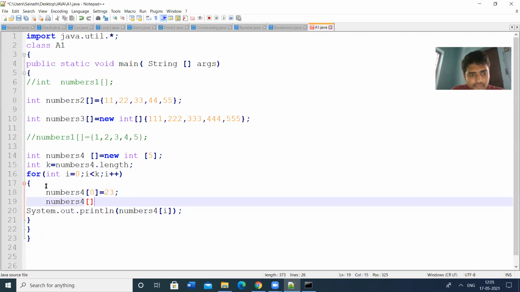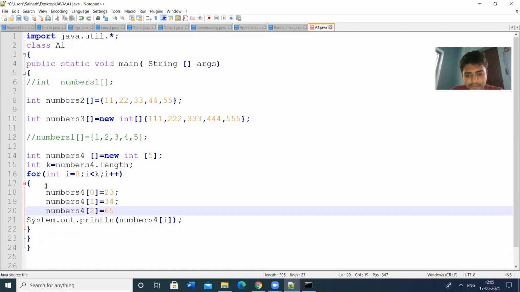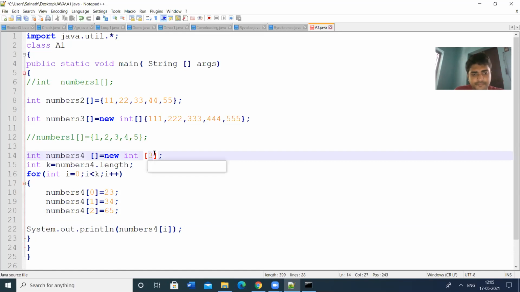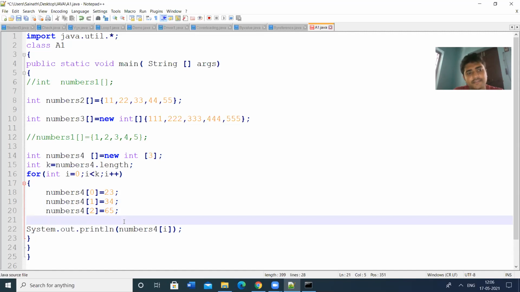Numbers 4 of 1, the second value, is 34. Numbers 4 of 2 is equal to 65. Like that we can send the values to the array and then we can print. Let us check this.